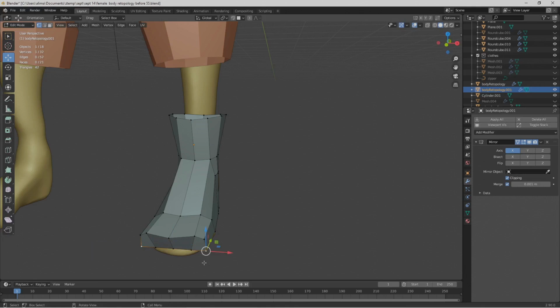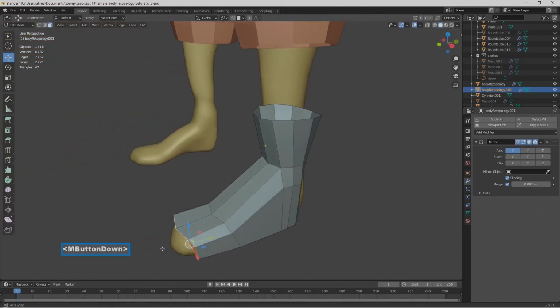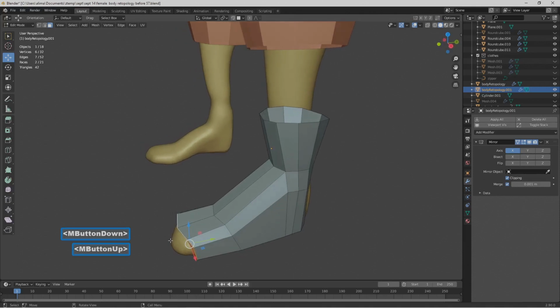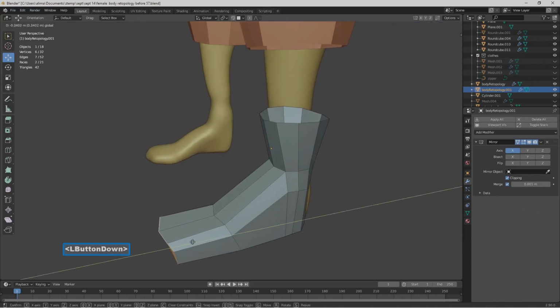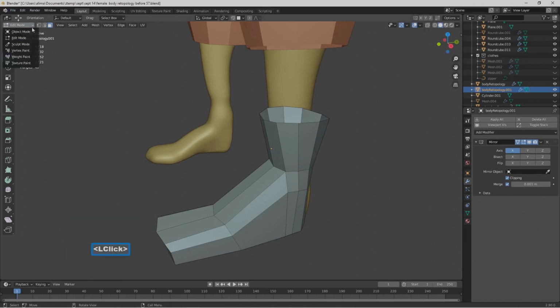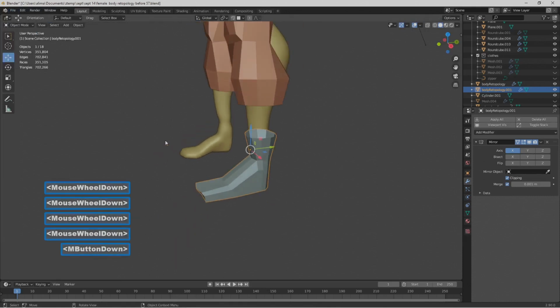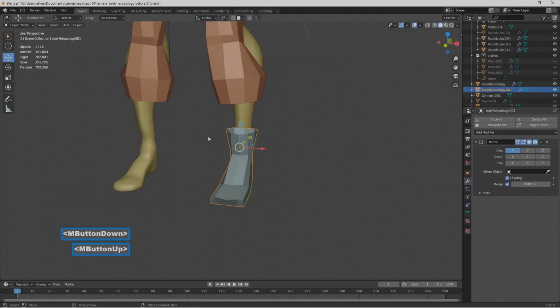Okay. I'll hold Alt, then press A to deselect. Okay, what we're going to do now is go to face select. We'll select here. Hold Shift. Hold the mouse button and move to the side so we can see where this is. We can push this beyond that. We'll left click to deselect. Go to the upper left, go to object mode. Here in object mode,